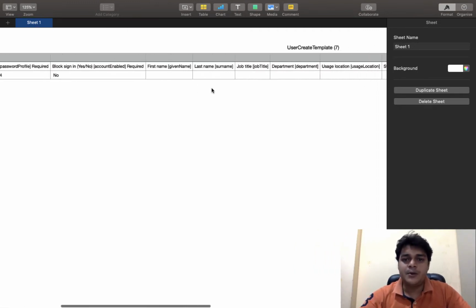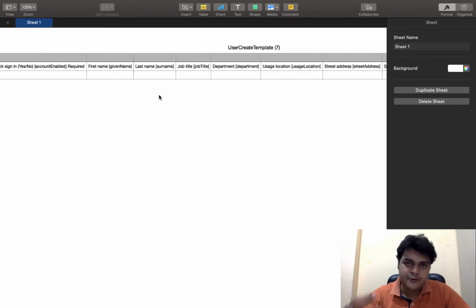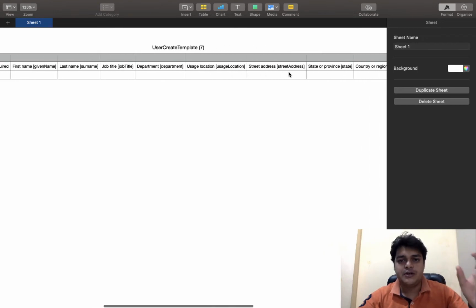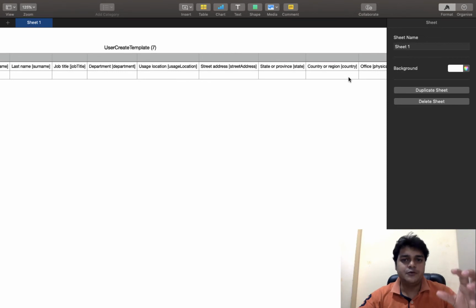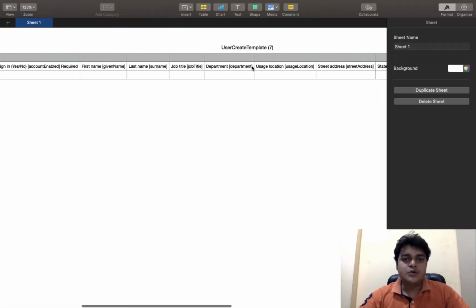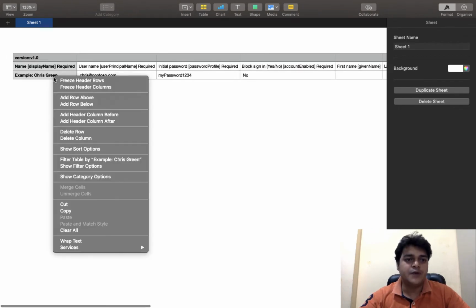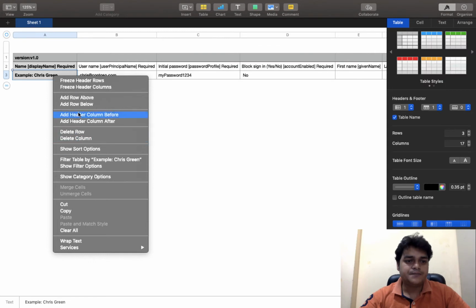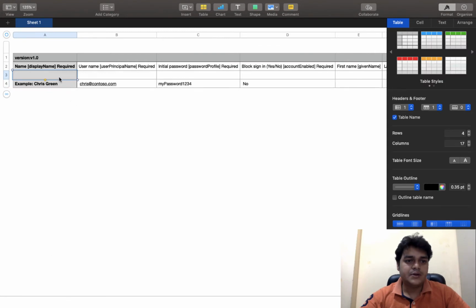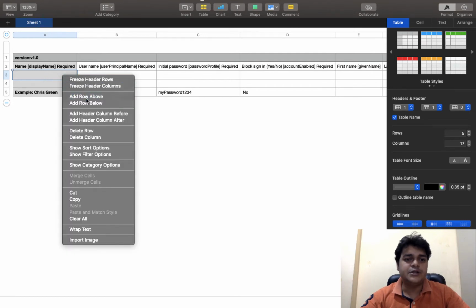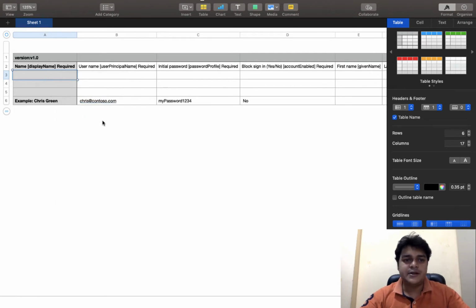Another option, if we're talking about other information, is the personal information related to the user, like the location of your user, the address, phone number, state, and country of the user. You need to fill in the entire information if you want. So I'm just going to show you one live example of how we can do that. I'm going to add multiple rows, to create three different users in a single click. So I'm creating three different rows.